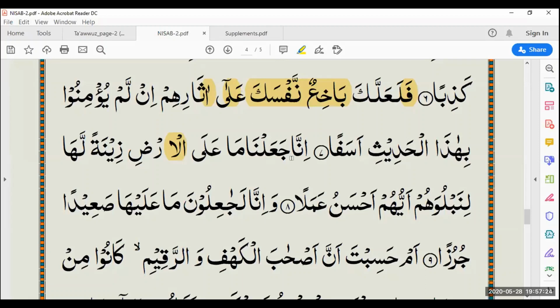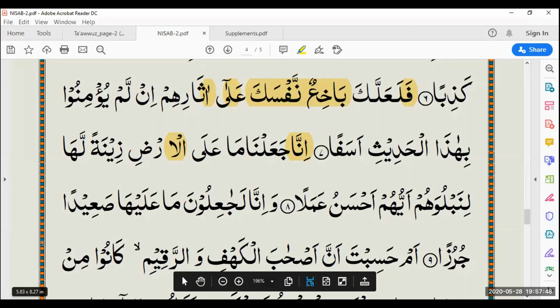Okay, can you please pronounce this again? How would you pronounce this? Inna. Good. So yeah, you prolonged inna because we have alif, right? So well done for that. Let's go to verse number 8 here. Can you see any type of idgham kamil or idgham naqis? Yeah, verse number 8.